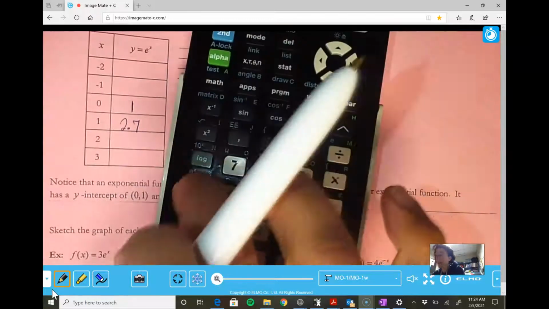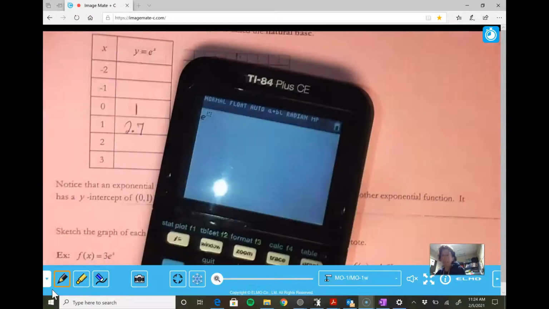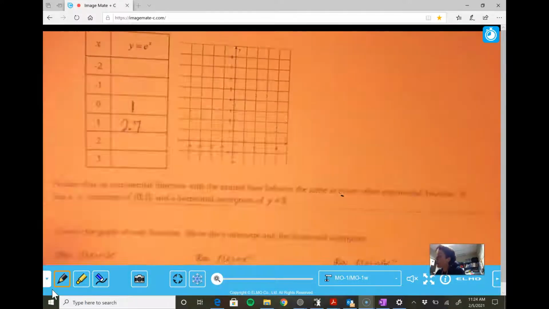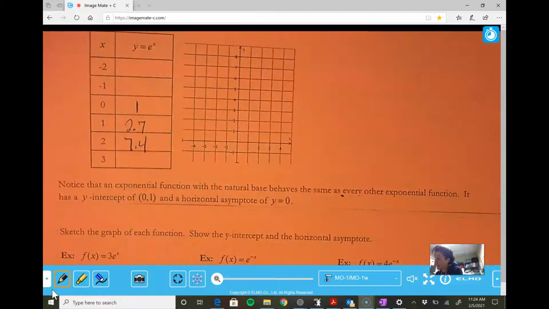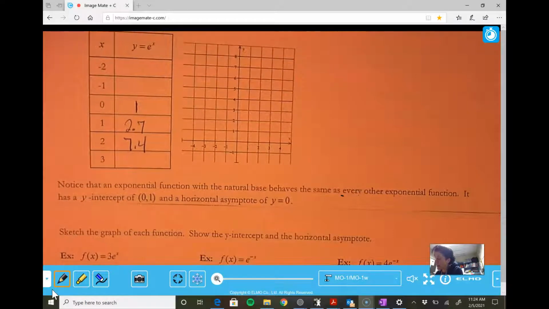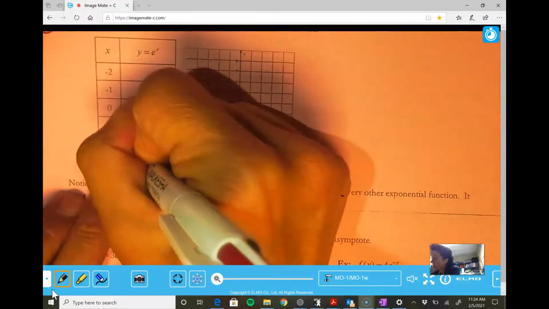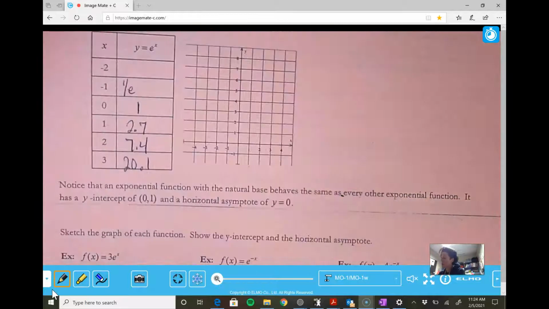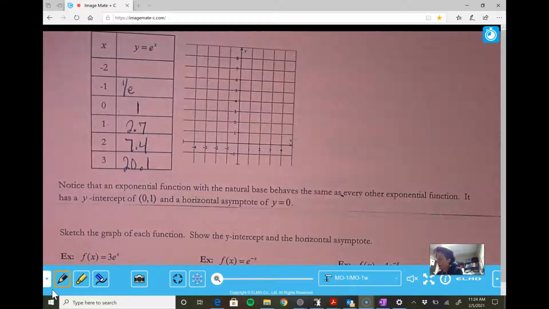I'm going to hit second ln for that e to pop up. It shows the exponent. So I'm just going to put 2 in, and I get about 7.4-ish. And if I do the same and I just put in the third power, now I get about 20-ish, 20.1. And then the first power, again, that would just mean 1 divided by this 2.7 number, but I'll let the calculator do this for me. I get about